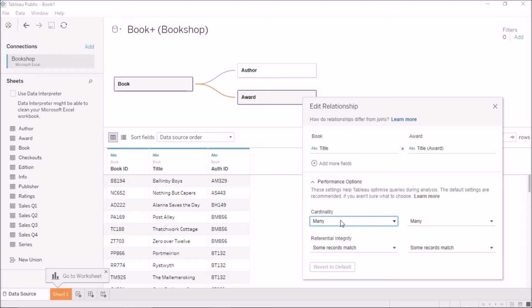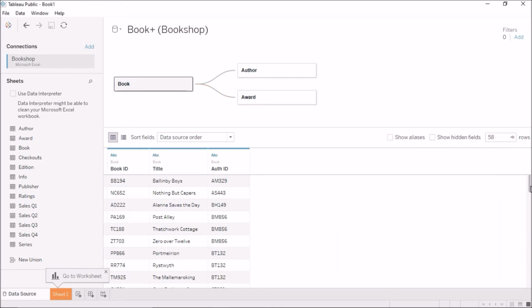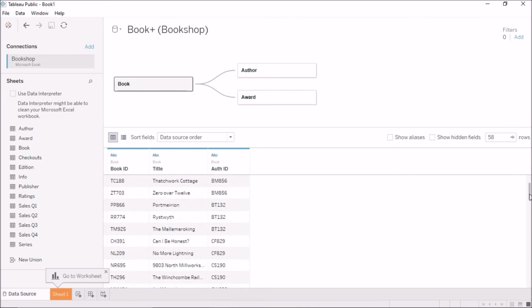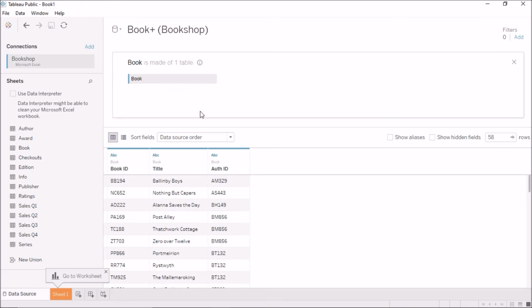for cardinality, if I hover over this, it tells me that values in title aren't unique, or you do not know. So if I'm sure that the values in the book table in the title column are unique, okay, that each record has a different row and no two rows have the same title, then I can come here and choose this one. Now, I'm sure that since I have a very small data set of 58 records, I can see that none of the books are matching. Okay, so I can safely select.